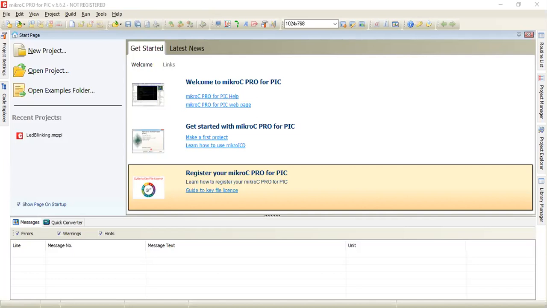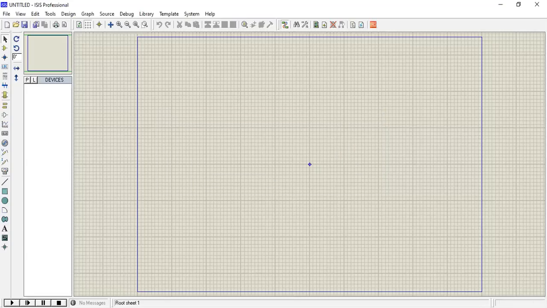I will show you, right? So you should work with Proteus. This is Proteus, and one other thing: if you are working with Arduino, you have to install the Arduino library to this one, but for now we don't need it, because here if we just check the library,